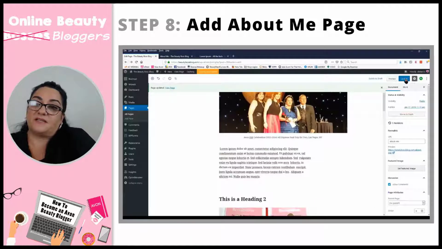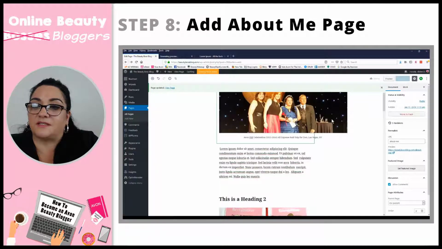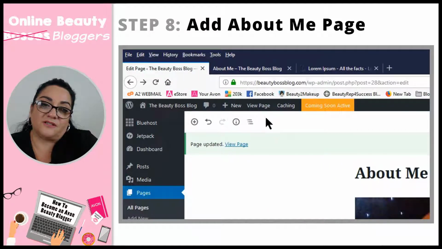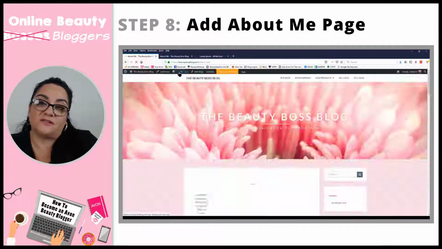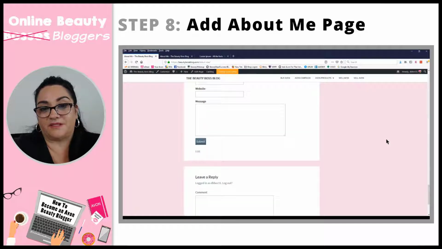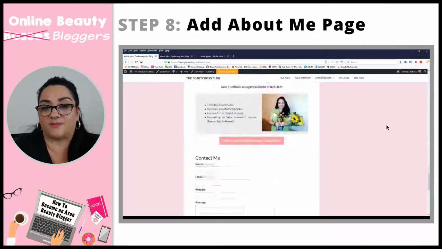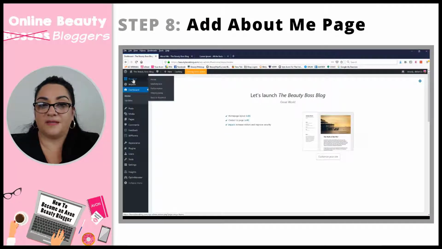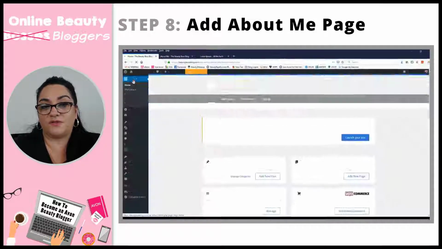So when you publish it, I published it. Okay, so now I can view the page. Now this is how the page looks after it's published. I added some extra elements, which we'll go through in another how-to as well. And then there's the menu also. Okay, so then if you go to your home page,